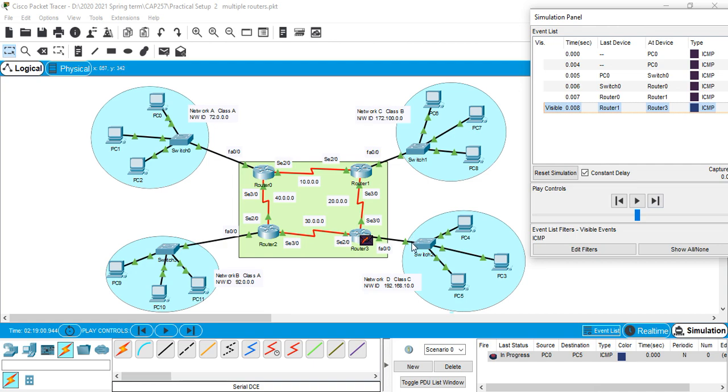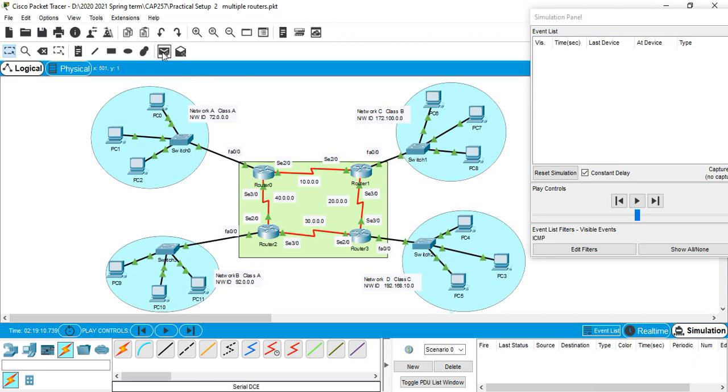Packet is not moving. Don't worry, it may take 2 or 3 tries to find the path. Delete the scenario and retry, moving the packet from PC0 to PC5.